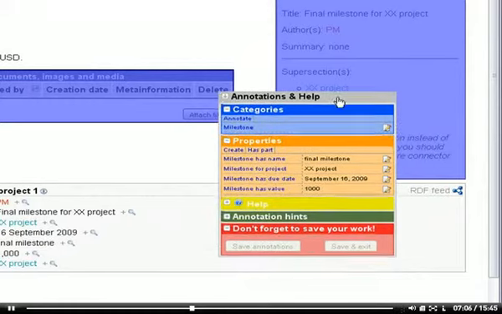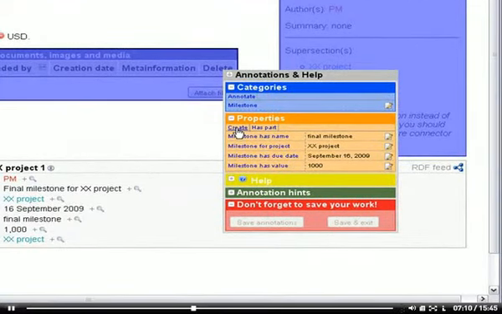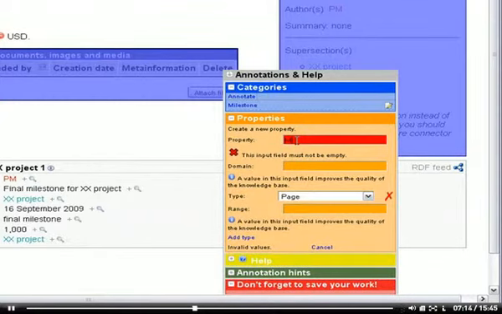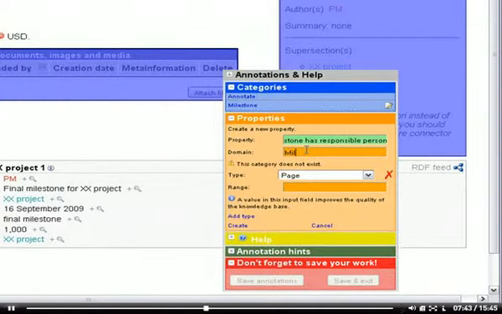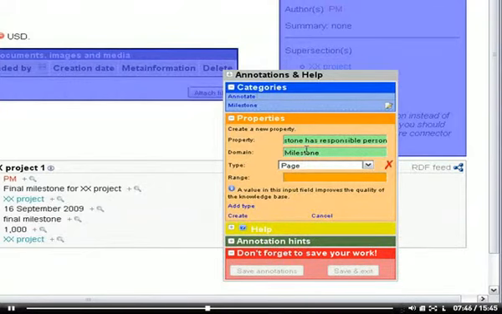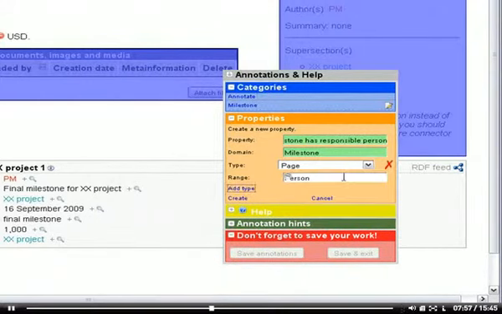And for this I take the Semantic Toolbar and I create now a new property, and I give it the name milestone as responsible person, and this is actually a relation between a milestone and a person, and therefore for the domain I'm saying, yeah, this relation starts at a milestone, and the relation points to person. This is why I'm entering person here,